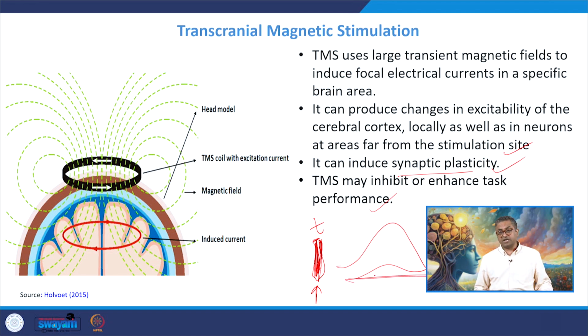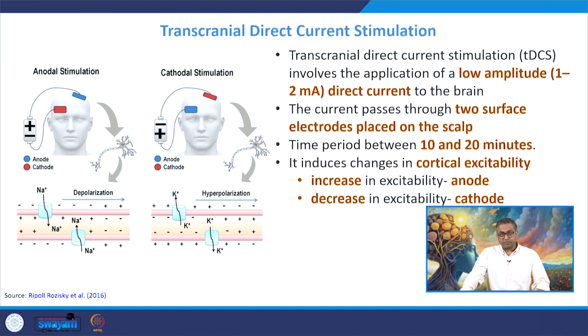Only three possibilities are there. So when you treat the memory, when you treat the learning, when you treat the cognitive task, there is a possibility that the cognition can get better, cognitive processing can get better, memory can get better, or it can get poor, or it remains as it is. Only three possibilities are there with these interventions.